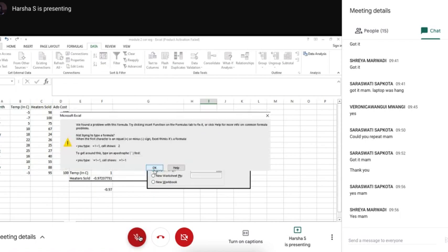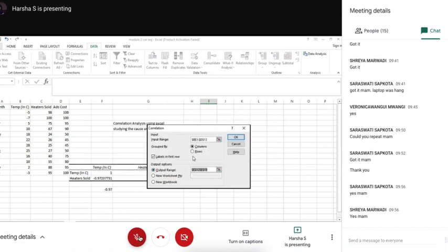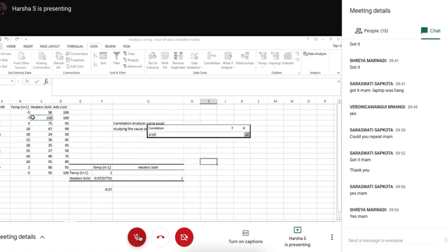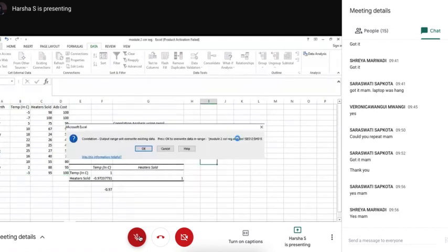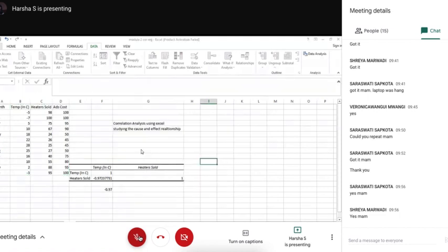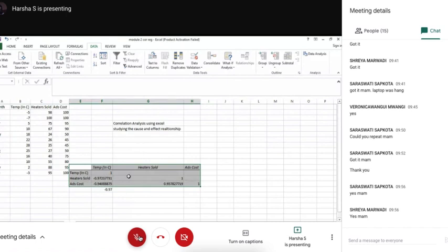Labels, output range. Did you see? They just did the extension in the already existing data.